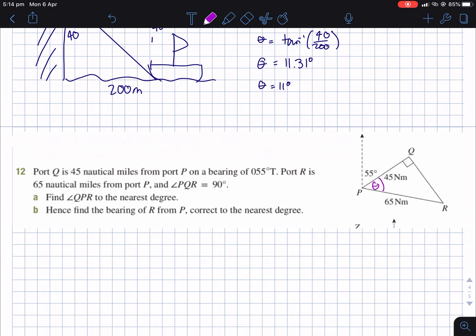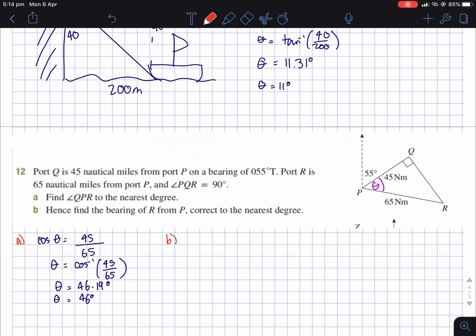to the nearest degree. Now, I think we're going to have to use cos. So we can say cos theta equals adjacent, 45, over hypotenuse, 65. We knew it was the hypotenuse because it was opposite the right angle. So theta equals arc cos 45 over 65, which gives us 46.19 degrees. They want it to the nearest degree, so it's 46 degrees. Okay, and B,